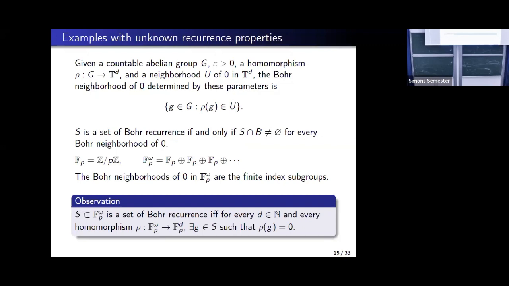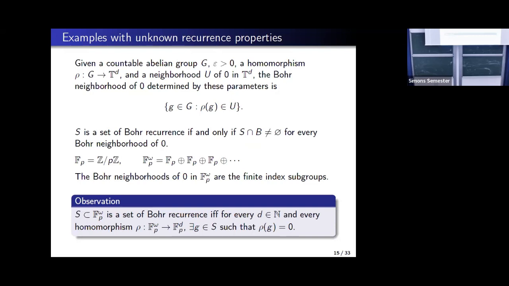And it's easy to check that S is a set of Bohr recurrence if and only if S intersects every Bohr neighborhood of 0. And so if you're working in a torsion group, like the countable direct sum of Z mod PZ, then the Bohr neighborhoods of 0 are exactly the finite index subgroups, because, well, when you have one of these groups,